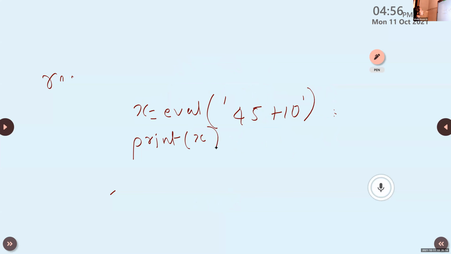All of you write the output in the chat box. x is equal to eval 45 plus 10, print x. What is the answer? Do it fast. No answers. Oh, one answer. Do it fast, children.